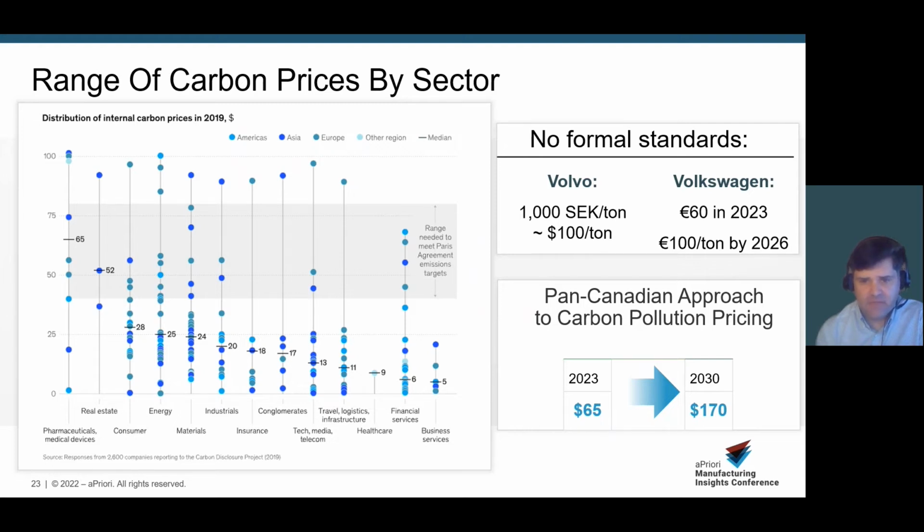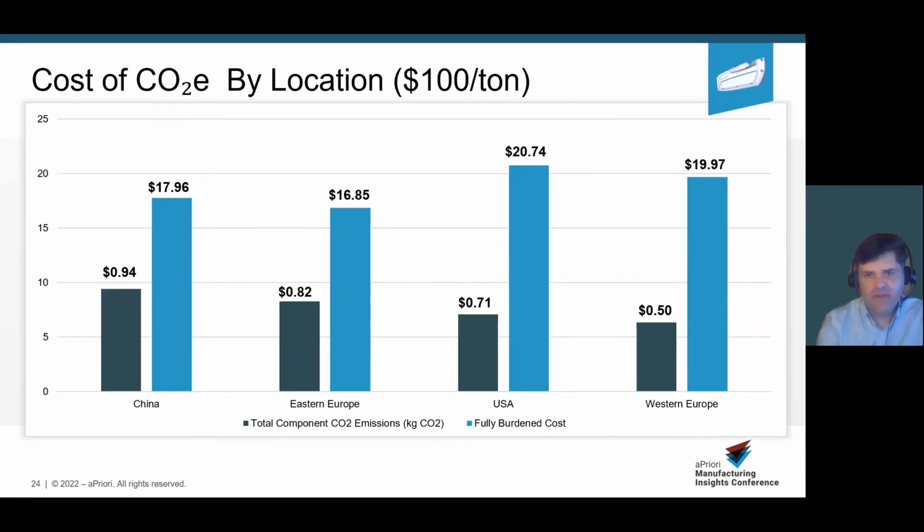And then Canada has regulation that starts at $65 a ton and is looking to ramp up to $170 a ton. So just to lay the groundwork and help people understand, there are ranges, there's no right or wrong answers, but I would say the trend is in the future that people expect the carbon price to increase, not decrease in the future. So if we take about $100 a ton, which is currently on the high side,